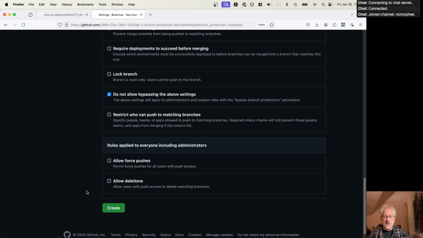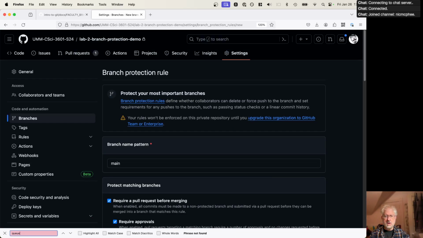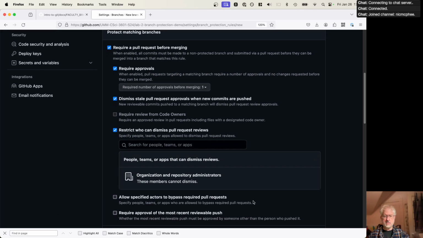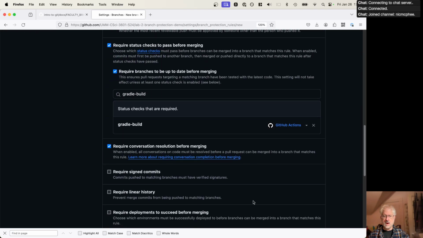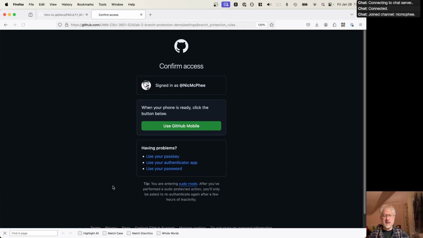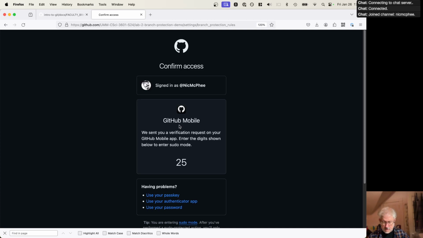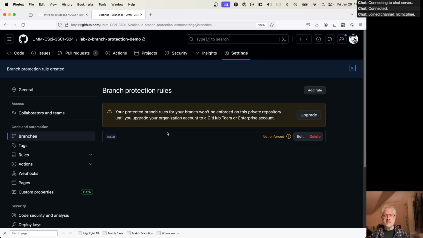And I'm not sure why I'm not seeing merge queue as an option here. Merge queue not an option? Don't know why. Not going to worry about it right now. We'll come back to it in a second and see if we can fix that. But now if we create that, when you change permissions like this, if you have any kind of two-factor authentication turned on, GitHub's likely to ask you to confirm your identity because it would be really bad if a random person